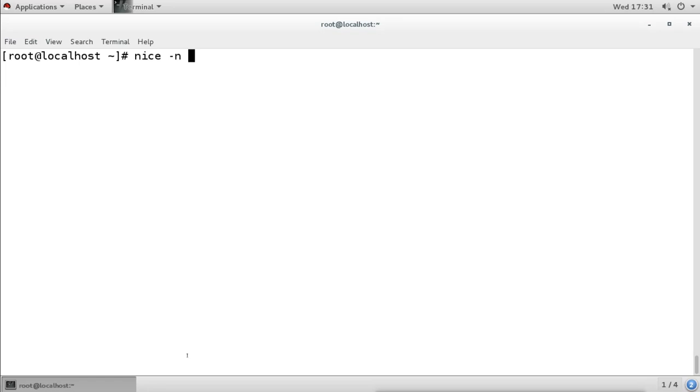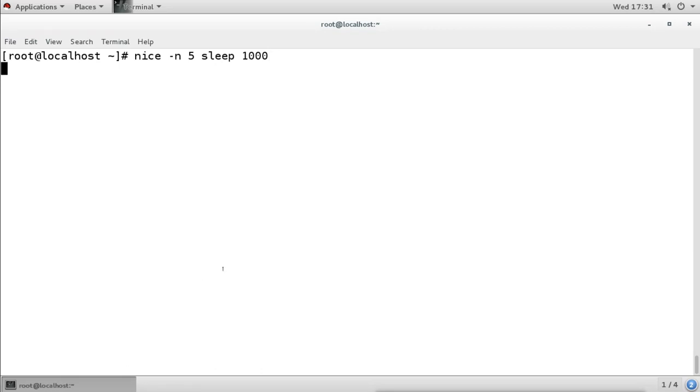For example, I want to run a process with the nice value 5, let's say the sleep command. I'm running this process with the nice value 5.